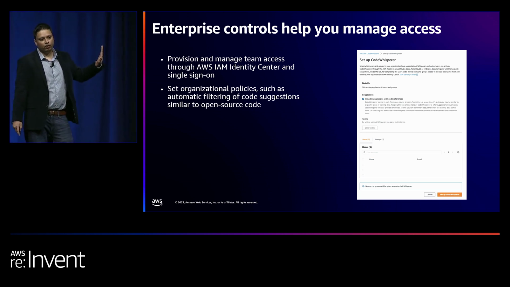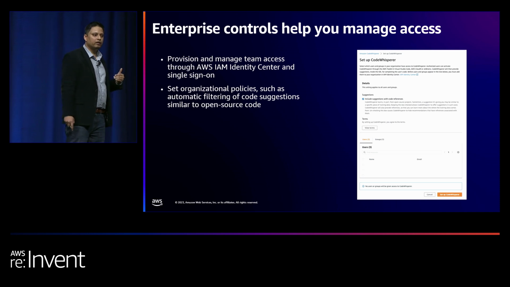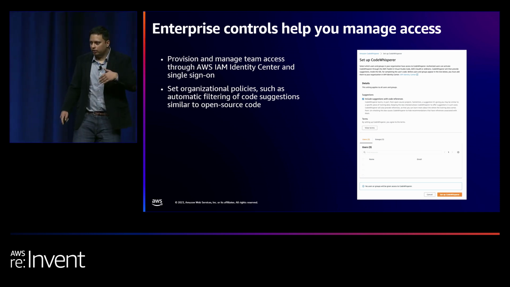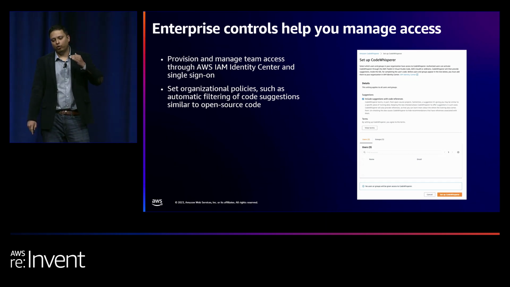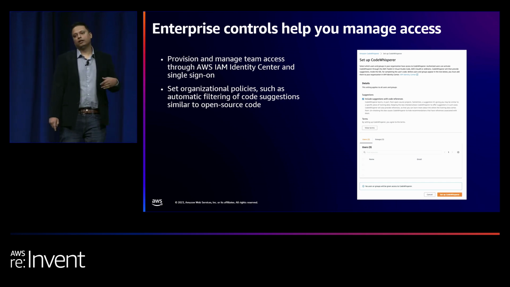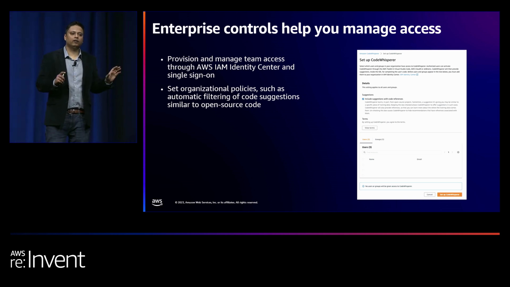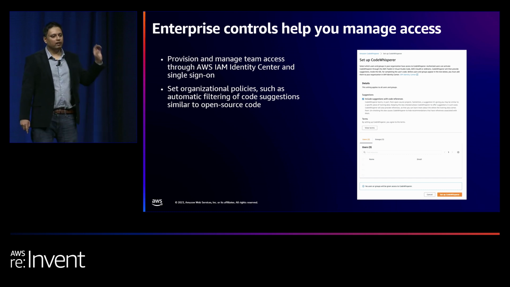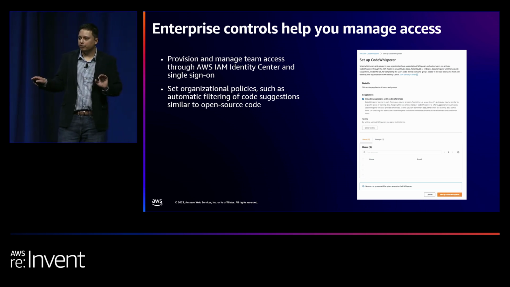And this is what, if you are a CodeWhisperer professional subscriber, you can go to the AWS console, and you can manage policies. You can manage access in your company. You can say, these 3 teams are allowed to use this, and these 3 teams aren't. And then certain policies, for example, we talked about reference tracking, right? Flagging code that has open source references. If you are very conservative, you might say, look, I don't want any code recommendations that are similar to open source at all. Don't give me the references, don't give me the code, right? Just filter it out. So with a single click, you can actually set these policies across your organization, and they will apply to all of your users.